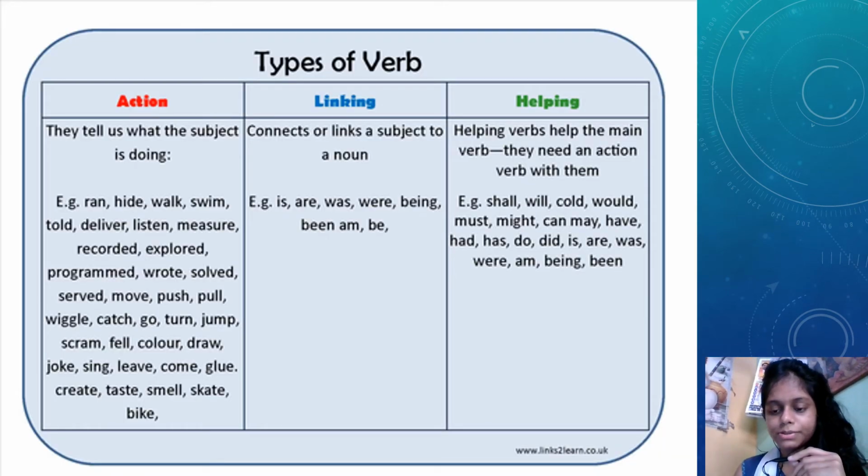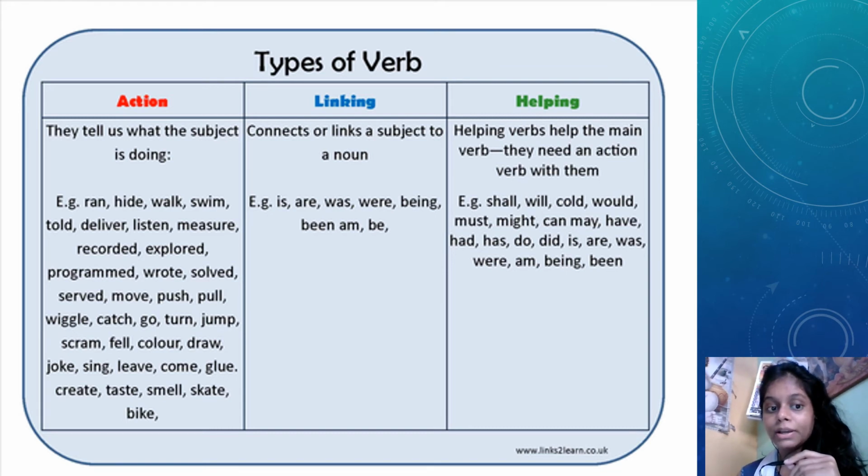Verb is the word which shows the action. If you want to learn in detail, so many types of verbs are there. Here we are going to discuss a small introduction about verb. Verbs which show action, as we know, like run, eat, talk, write, beat. All these are action words. But some verbs are in the be form: am, is, are, were. All these are the to be forms.